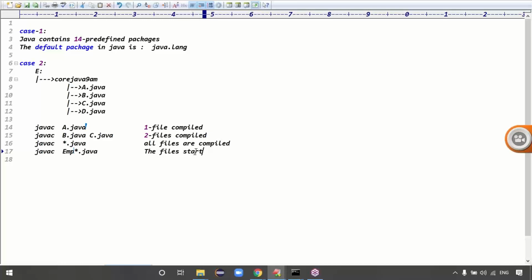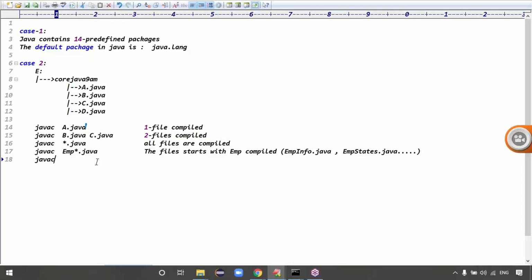Otherwise, simply you can say files that start with emp. The files starting with emp are compiled. So just like empinfo.java file, empstatus.java file, like that, guys. Is that clear? emp*.java means the files which start with emp are compiled, right?